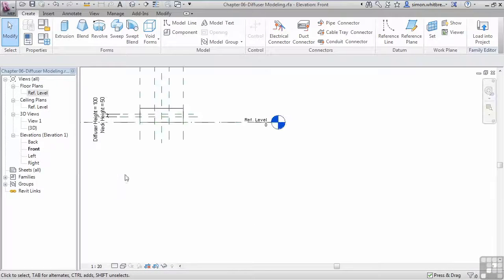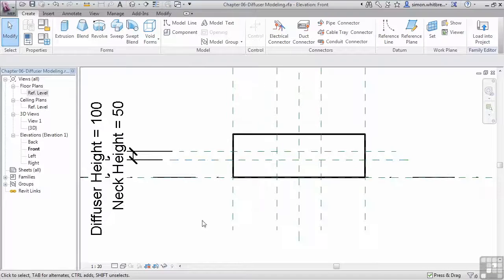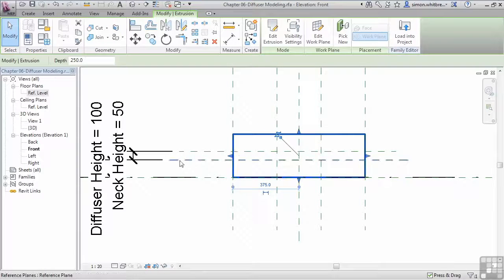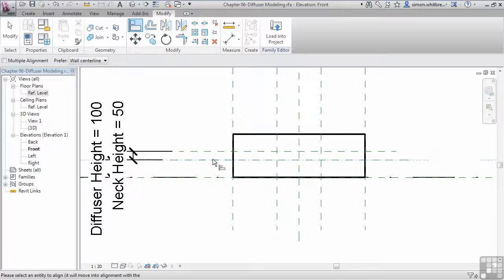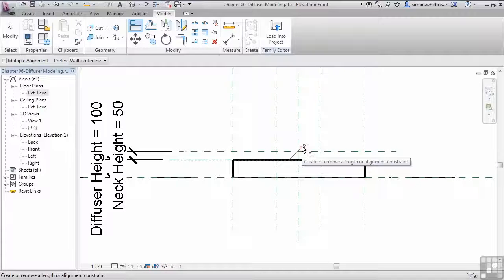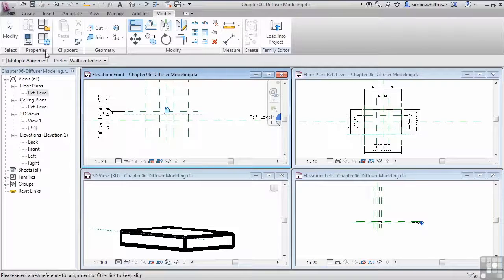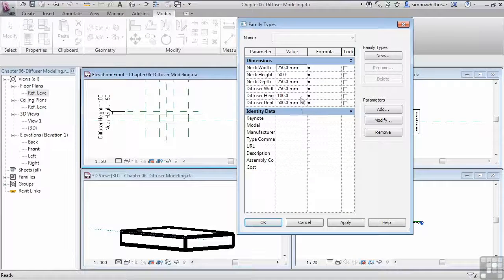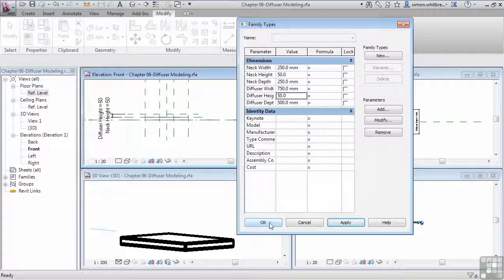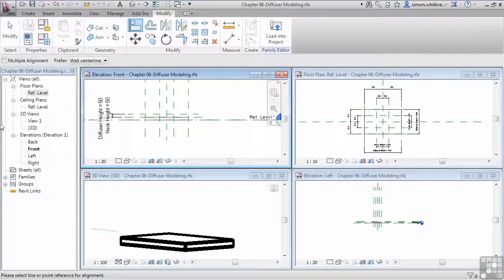Let's take a look at the front elevation. Here's the extrusion we made, and here's the reference plane. So the extrusion needs to be controlled by the reference plane. If we use the Align tool, we can select the reference plane, then the extrusion, and constrain the extrusion to the reference plane. So if we go back to our tiled views and look at the family types, we can change our dimension for height. Click on Apply and see the change. So let's go back to our plan view